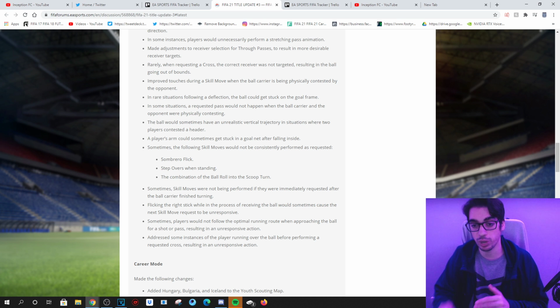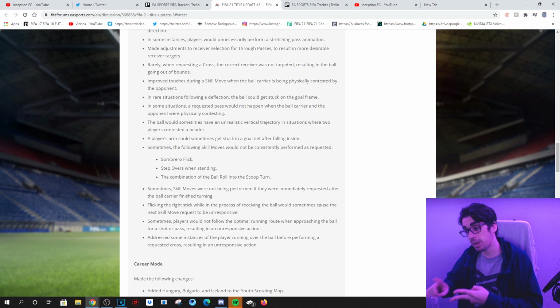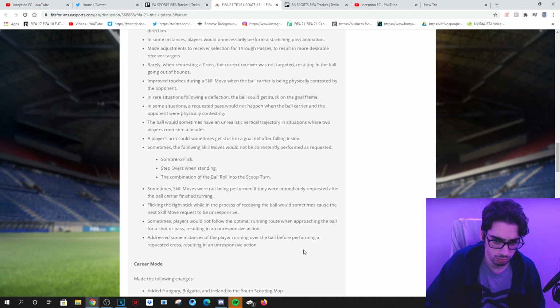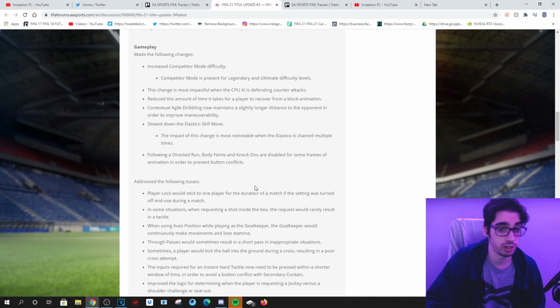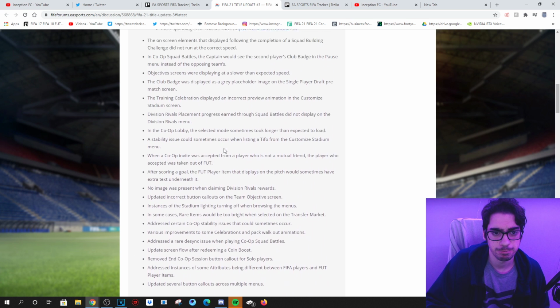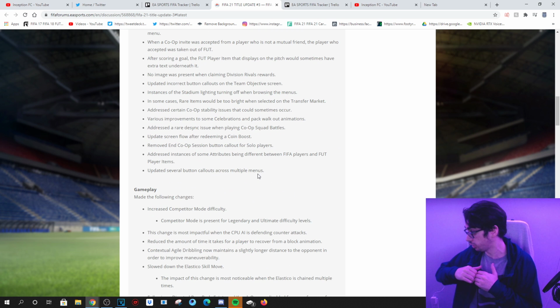But the biggest takeaways from these patch notes are the Elastico being slowed down, a good thing, and the block and then getting back into the defensive play right away, which is questionable. I don't know what that's going to be like. And that's pretty much it. Some of these other things are stuff you probably barely noticed that was just happening in general. So yeah, that's the biggest takeaway, and the shielding versus